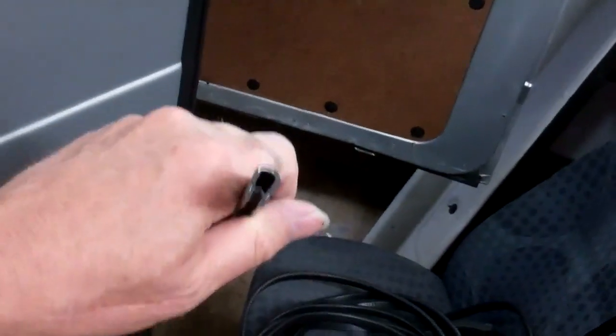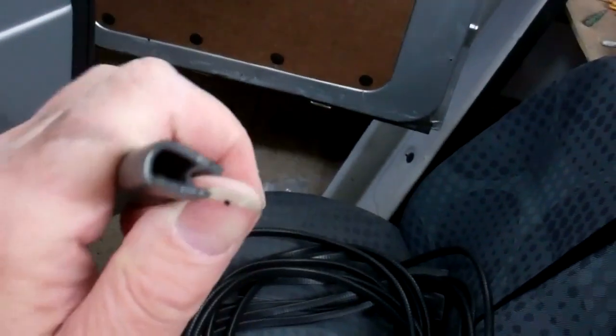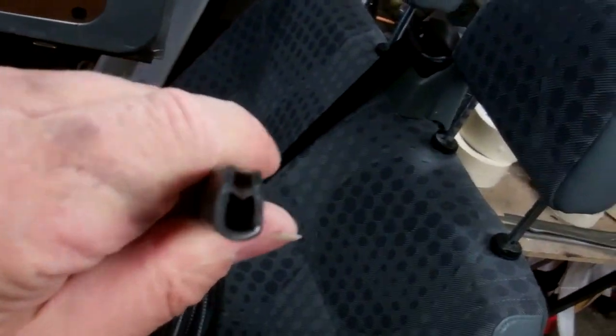Right, I've gone round all bare metal now with some black primer. That's sealed all that up. Now it's gone dry, I'm just going to knock this trim on. Now this trim is called U trim because obviously if you look at it that way it's like a U shape, and this just goes over where two skins have been cut,